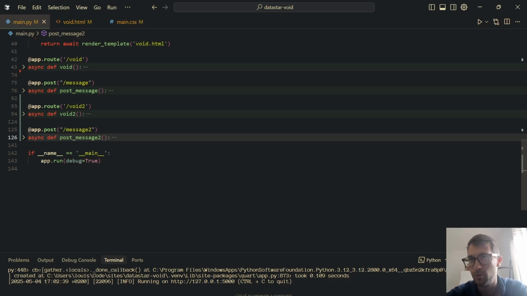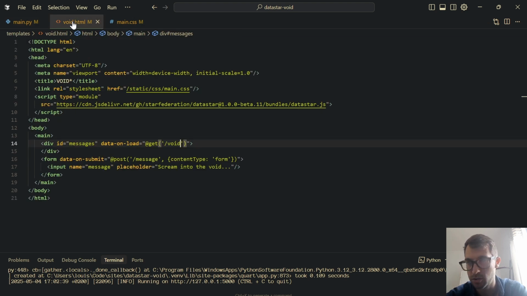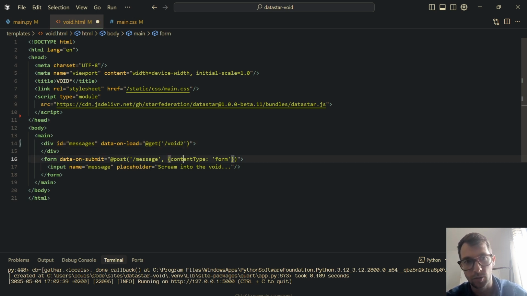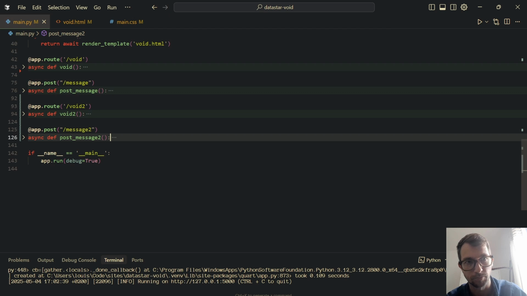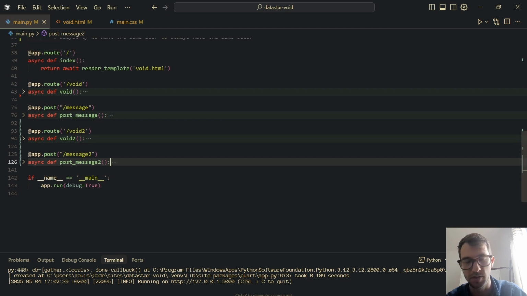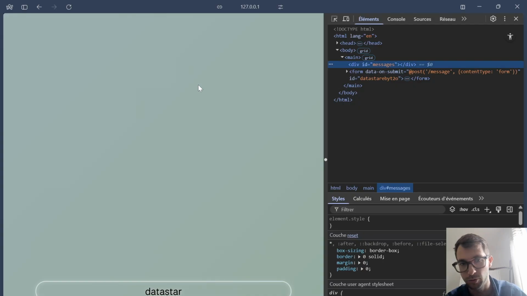Let's see another way of doing this. We are just going to change the routes, void and message. We are going to use void2 and message2. To do this, I just have to change two routes in my HTML. Void2 to initiate the connection, message2 to be another message. Because we still render this template, I don't even have to reload the app